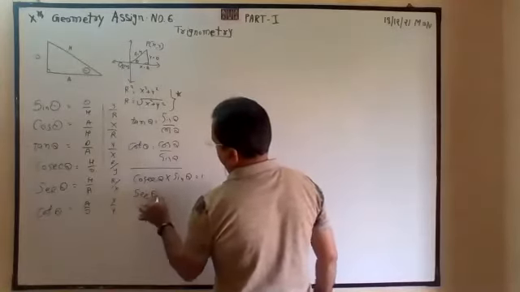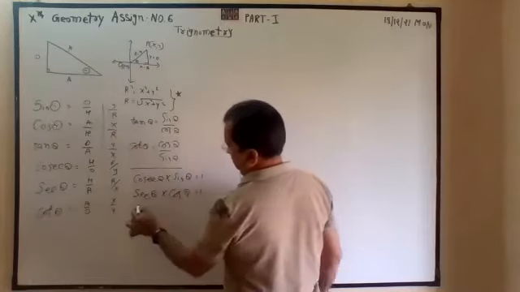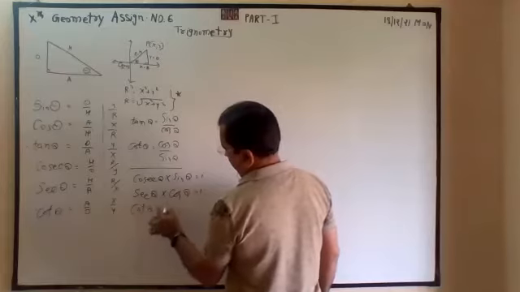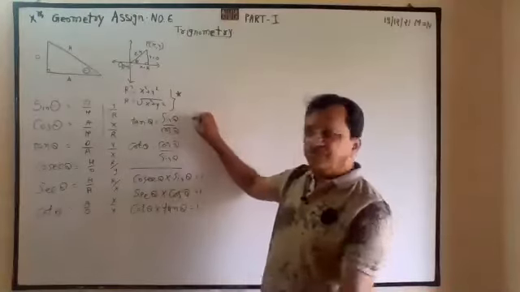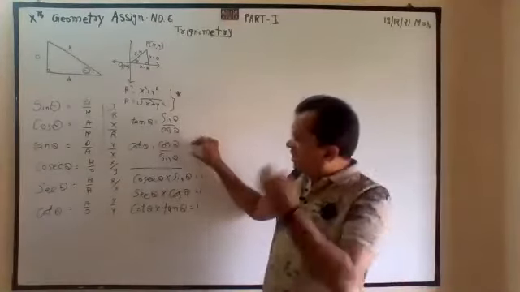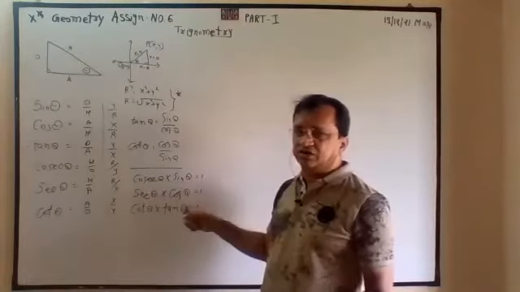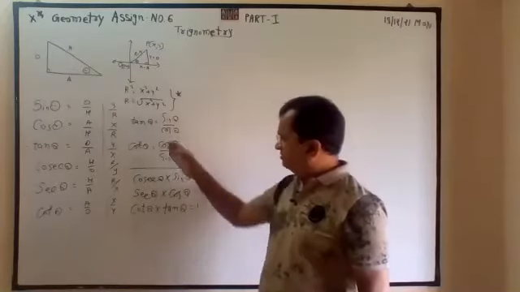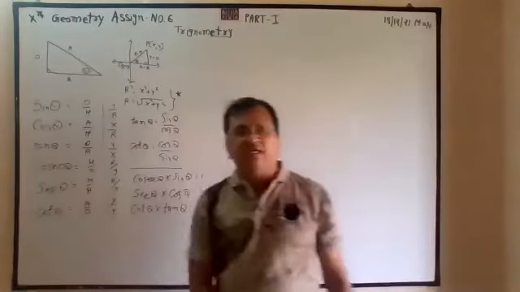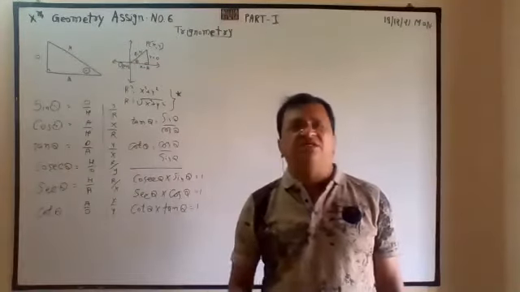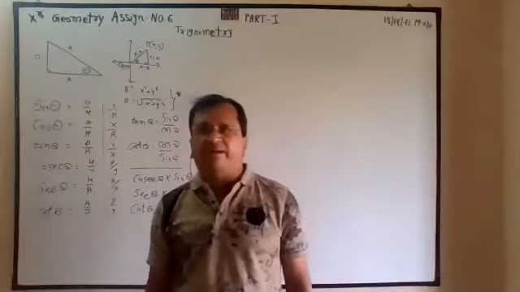Sec into cos is equal to 1. Same, these both are inverse of each other. Cot theta into tan theta is 1. So how you can find out tan, how you can find out cot, how you can find out cosec: 1 by sin, how you can find out sec: it is 1 by cos. So basically the rest of four are made up of sin and cos. Sin inverse is equal to cosec, SC pair. Cos inverse is equal to sec, again SC pair.